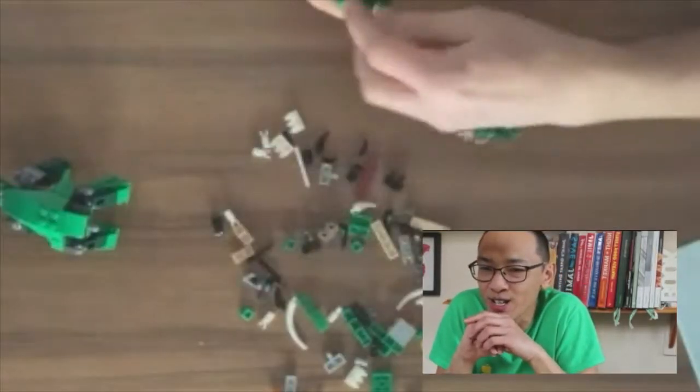But why did it have these really tiny arms, didn't it? Why did it have really tiny arms? Doesn't use its arms. Why did it have tiny arms? Because